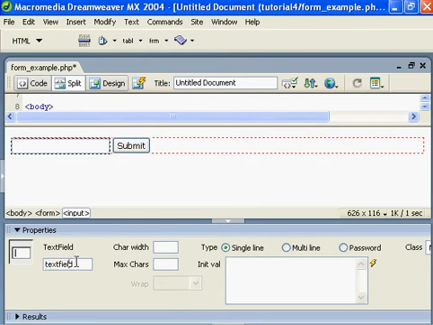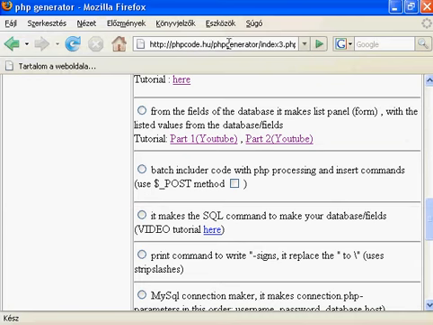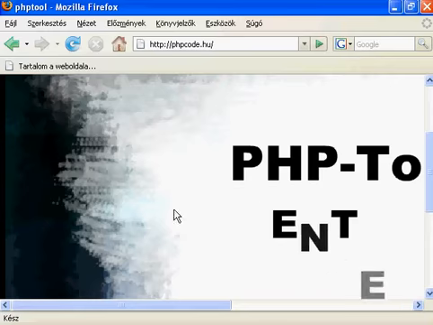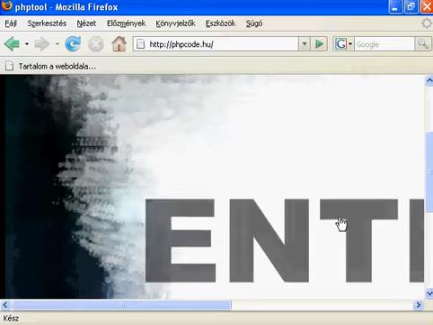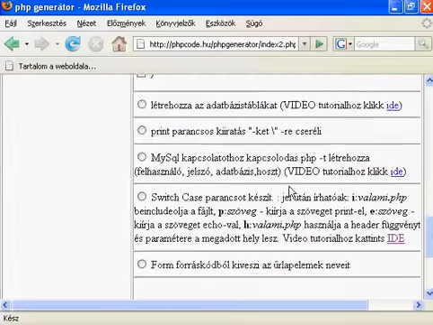Forms could be bigger than this form, but for example, let's go to the PHP generator, which is on the site phpcode.ag. Go through the menu, let's enter here, and at the end of this list,